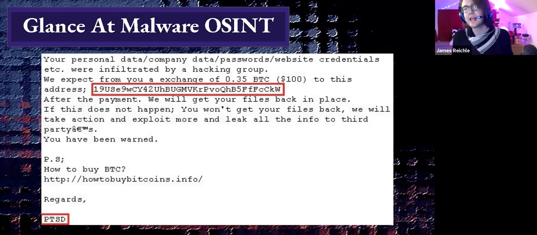That's modus operandi. That's a particular thing this threat actor did. They didn't actually encrypt the files, they just deleted them. So if I see that same thing on other incidents, maybe it's the same people doing it. In this case, we've got a Bitcoin address and at the bottom, PTSD, which is supposedly the signature of the